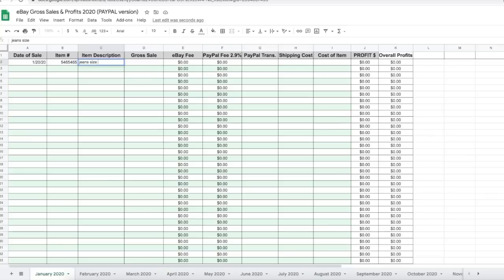So we're just gonna say jeans size 8. Gross sale is $20. Remember, the total with the cost of the shipping included. And then it automatically calculates the eBay fee, which is 10%, the PayPal fee, which is 2.9%, and then you do have to put in the 30-cent transaction fee, just like with the managed payment spreadsheet. And then again, your shipping cost, let's say you shipped it in a flat rate envelope for $6.94. Your cost of the item, which was $1. So your profit is